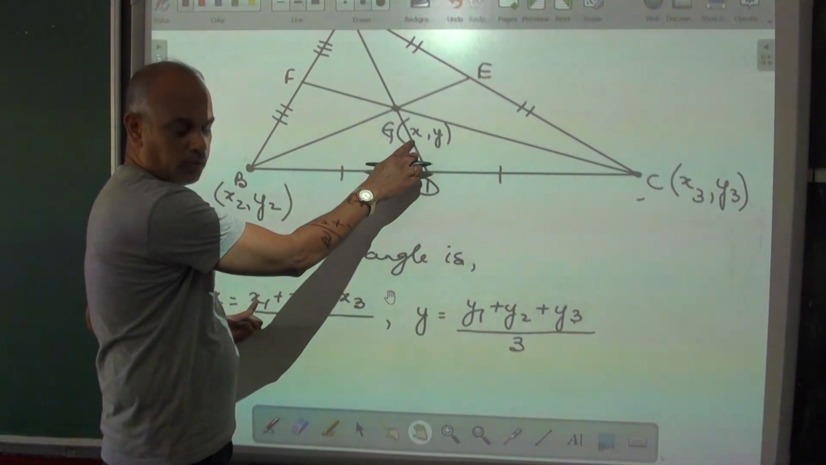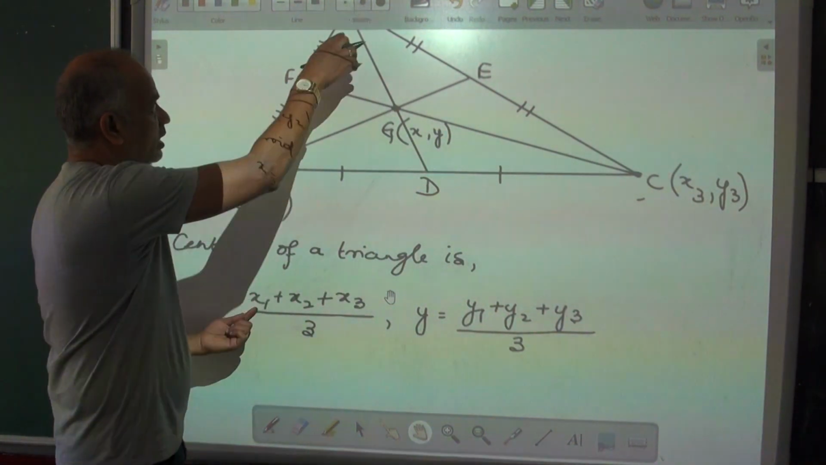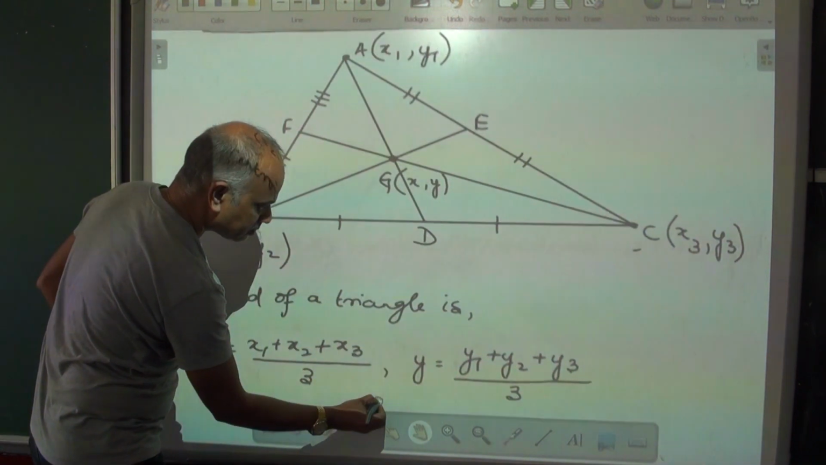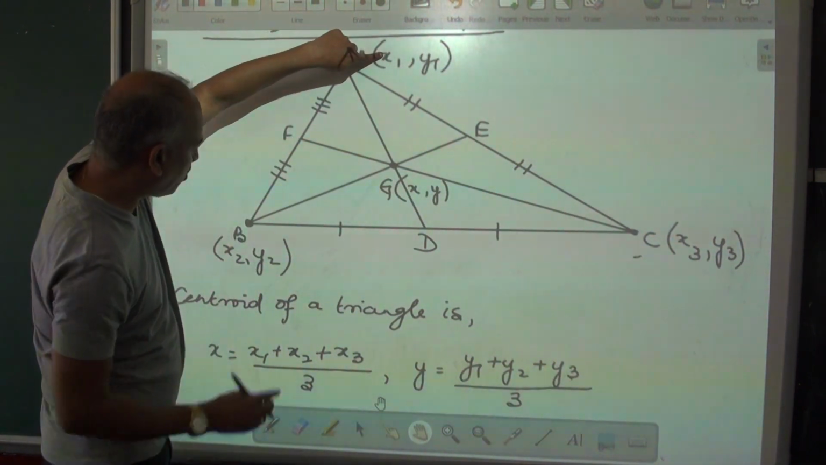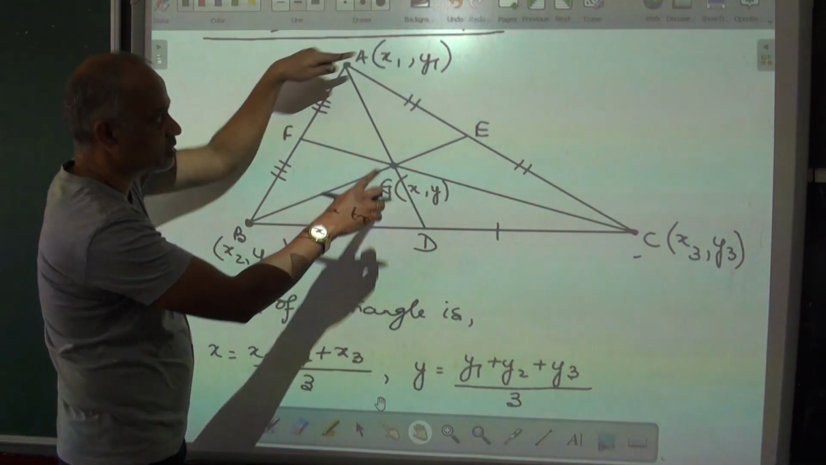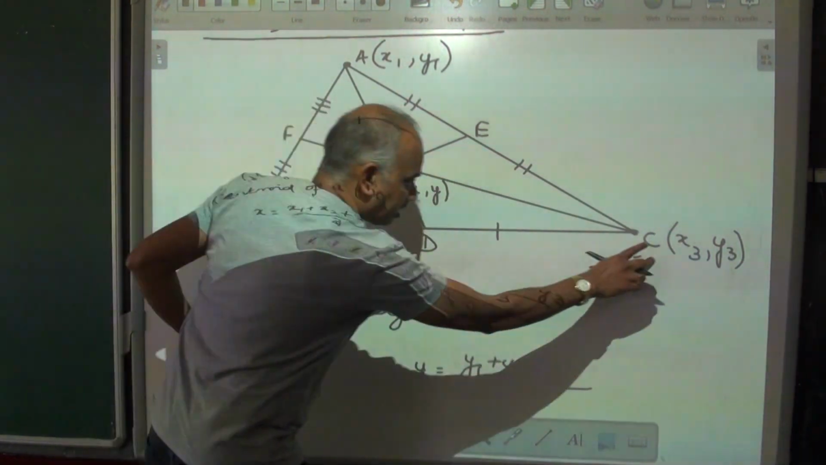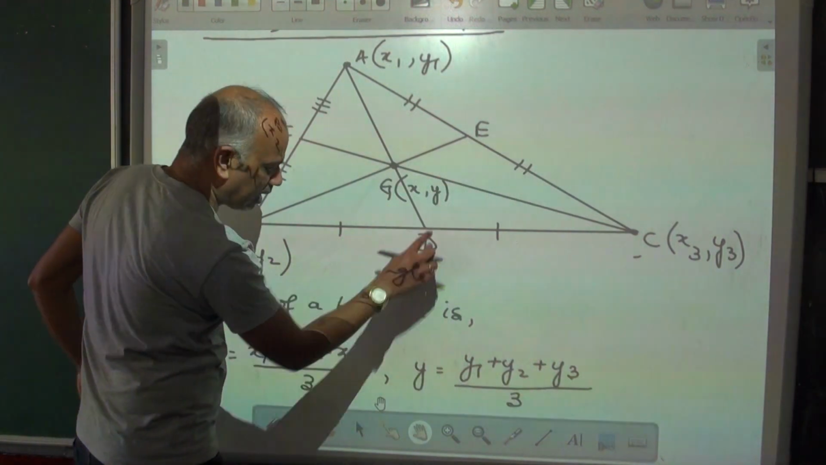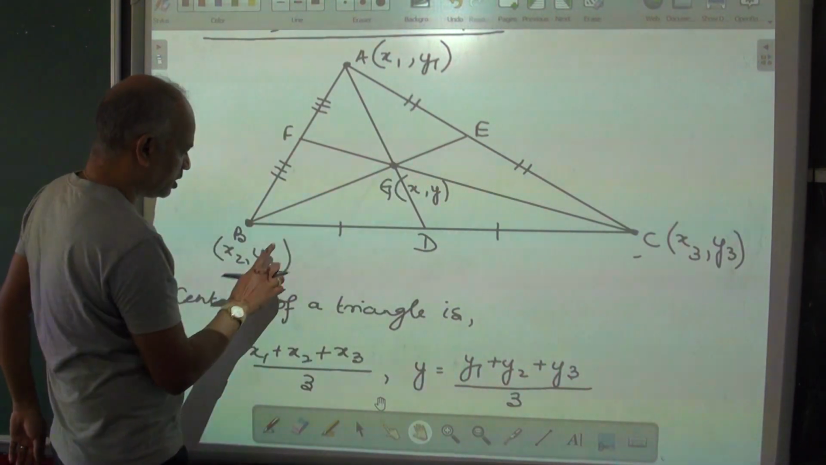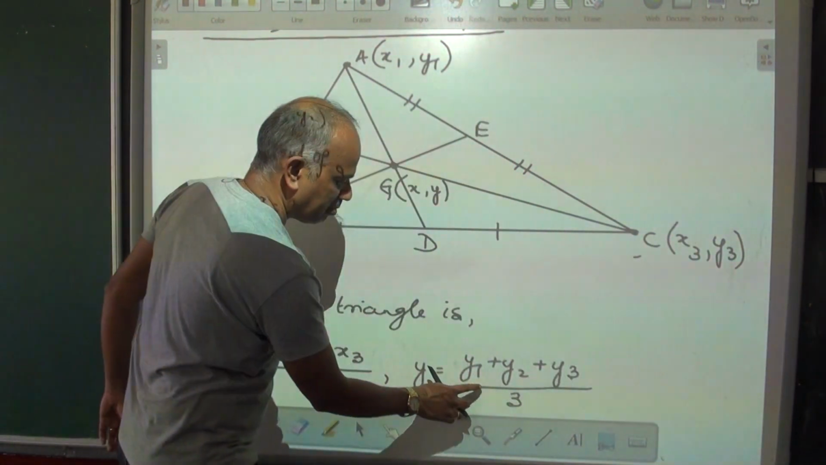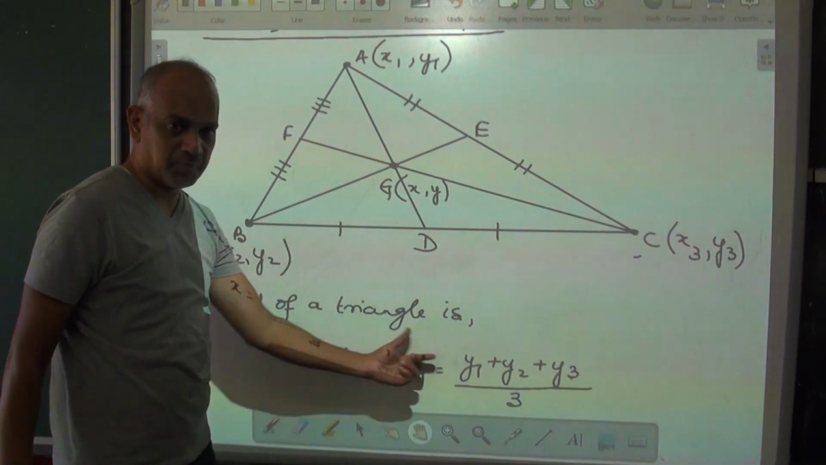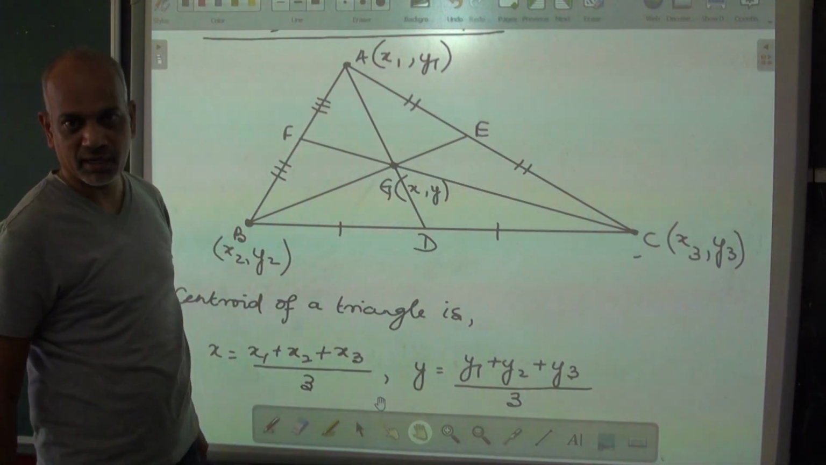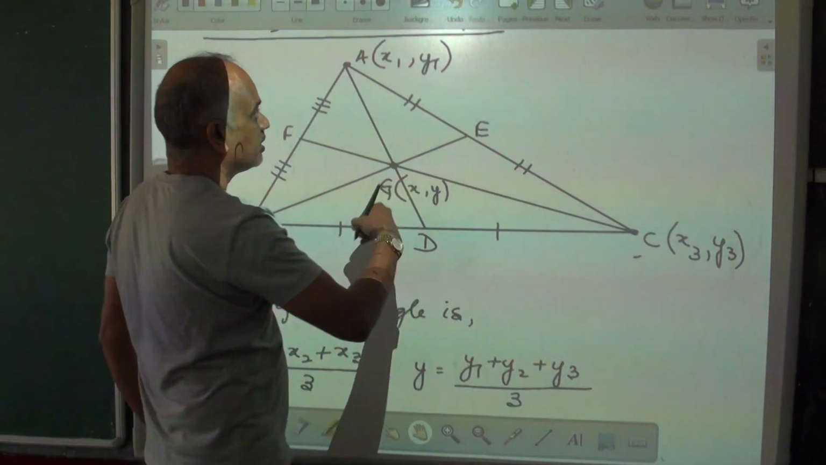x, this is unknown, x is equal to, add all the three x values of the vertices, x1 plus x2 plus x3 and divide it by 3. Similarly, the y value will be equal to y1 plus y2 plus y3 divided by 3. This formula is the centroid formula of a triangle. Using this